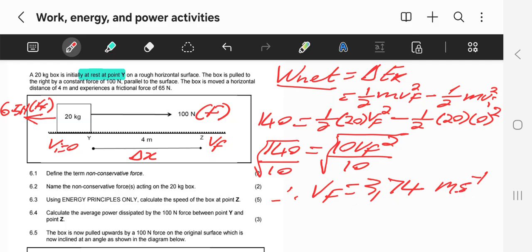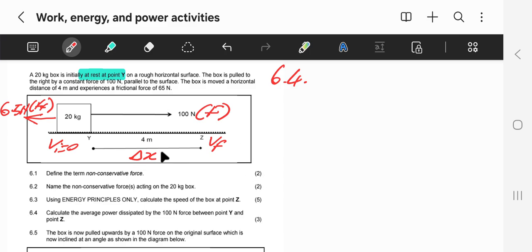Let's look at 6.4. 6.4 says calculate the average power dissipated by the 10 newtons force between point Y and point Z. Alright, so for this one, we can use various ways to solve it. The first way is to say, since we are looking for the average power, we can use the formula P average is equal to our constant force multiplied by